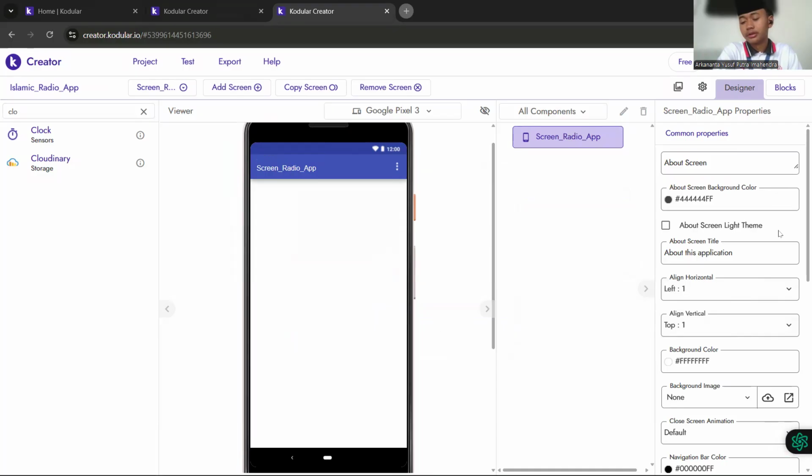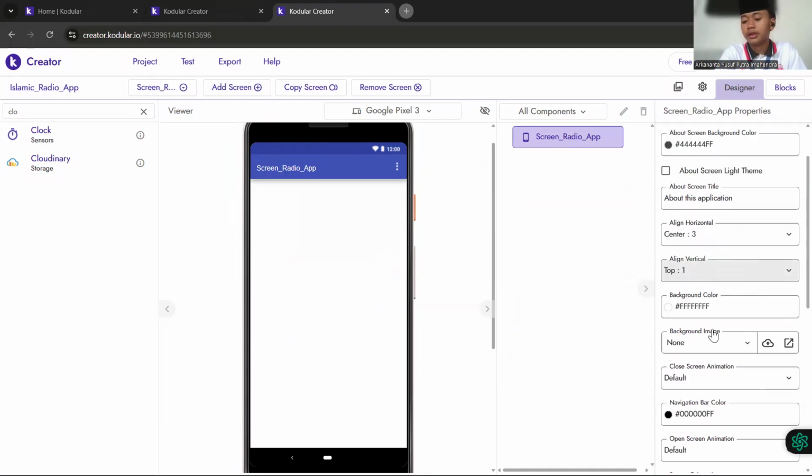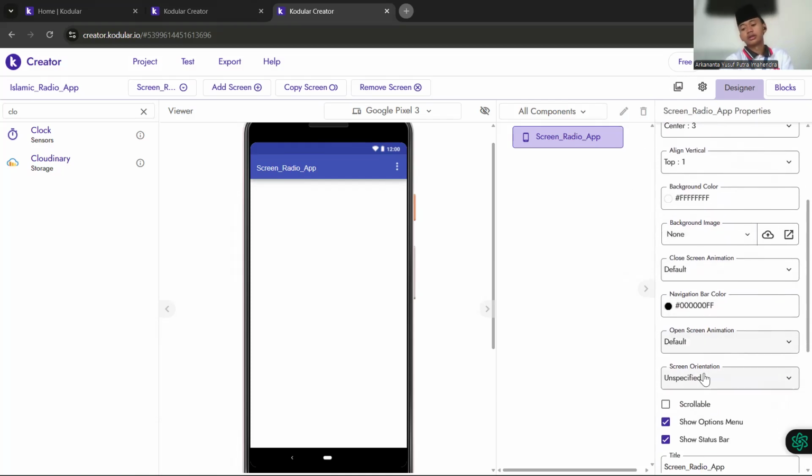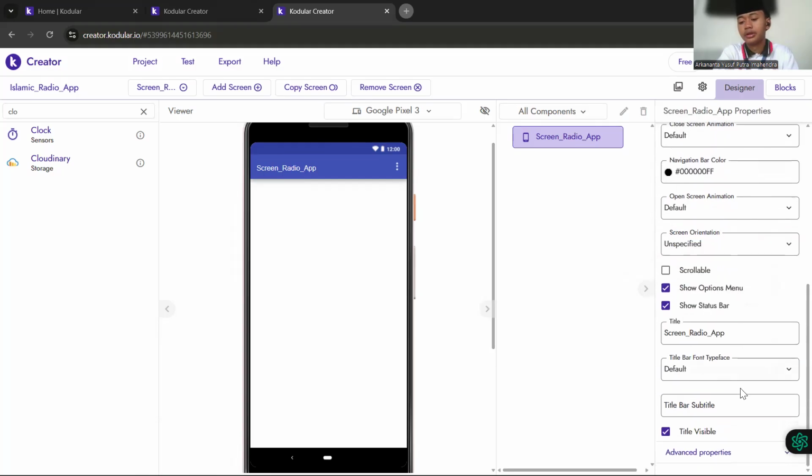For the settings of this screen, the horizontal is center, but the vertical is top. After that, you can change the title to Islamic Radio App.